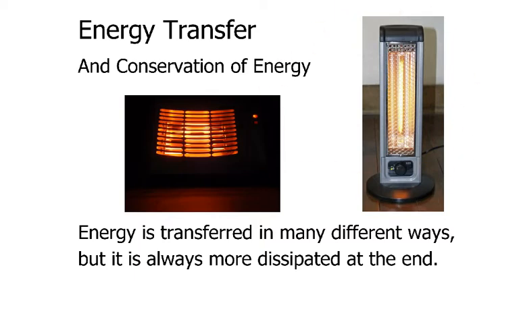It's also converted into forms that we're not interested in. Perhaps this thing makes some sound, some clicks. Maybe it's heating and expanding, and it makes a few little sounds as it's working. That's not useful to the heating of the room. It's also emitting light. You can see that. That light is not useful for the heating. So there are extra forms of energy being converted here that are not what we're going for in terms of heating the room. What we're going for is the heat, but what we're getting is all kinds of other things that are not useful for heating the room. So that means that this heater is probably not very efficient.